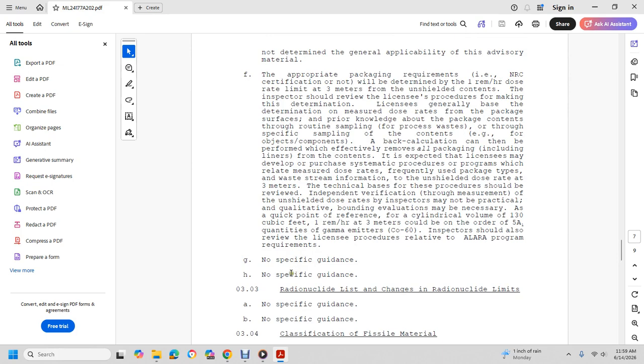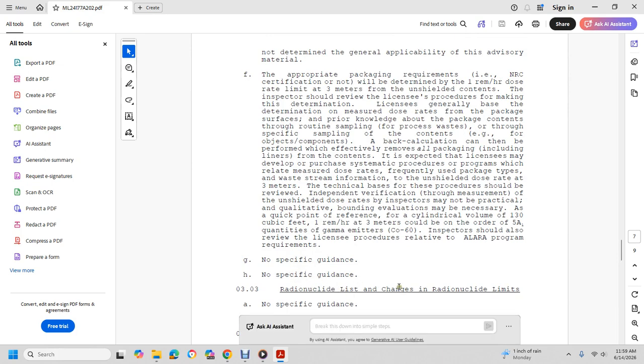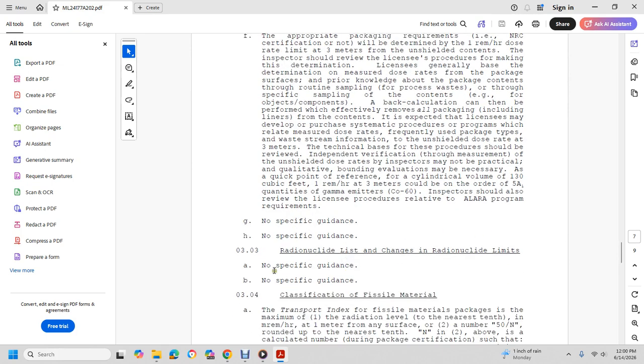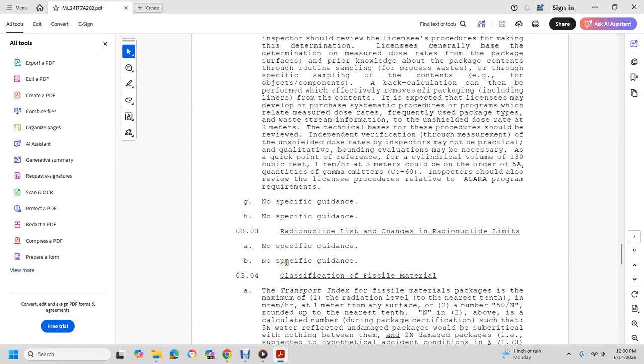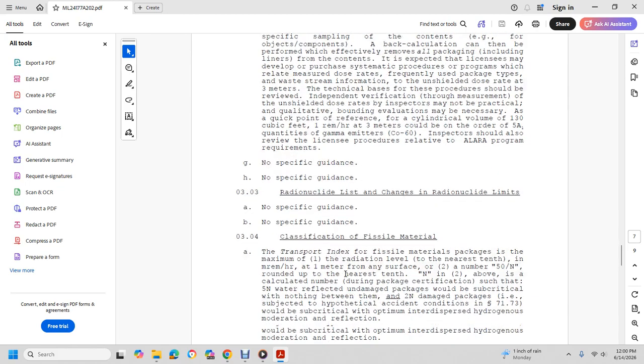G, no specific guideline. H, no specific guideline. Radionuclide list change with the radionuclide limited to A, no specific guideline. B, no specific guideline. 03.04 classification, fissile material with the transport index: fissile material package with the maximum radiation